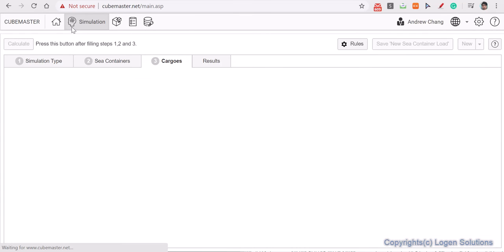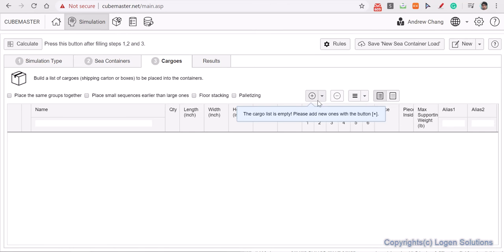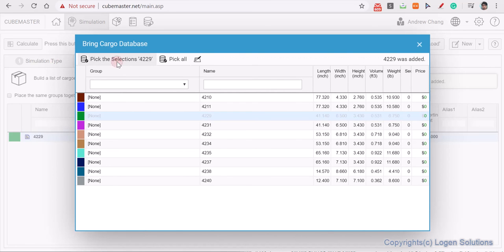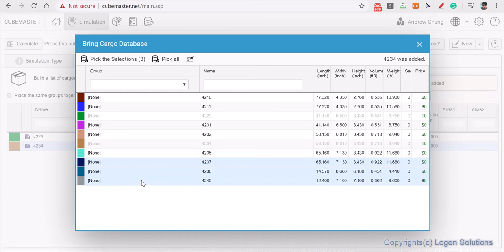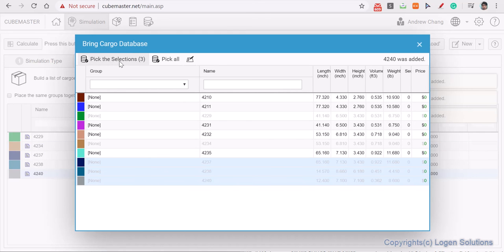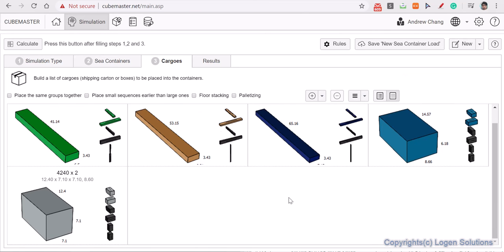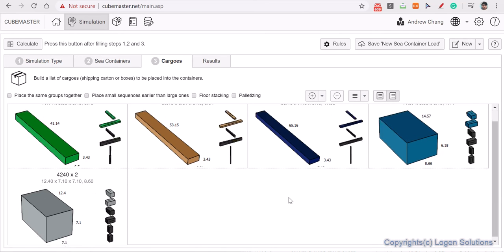Just go to the simulation and press plus and bring database. Now you have it. So just click or double click or multiple select and pick them, and close it. Alright, now you can check everything is correct,